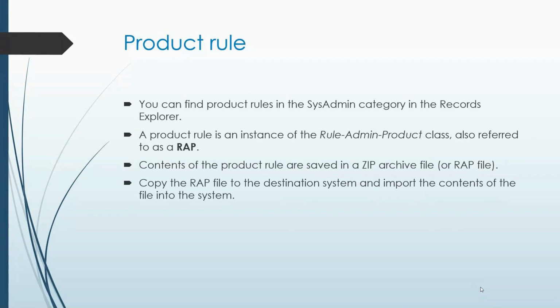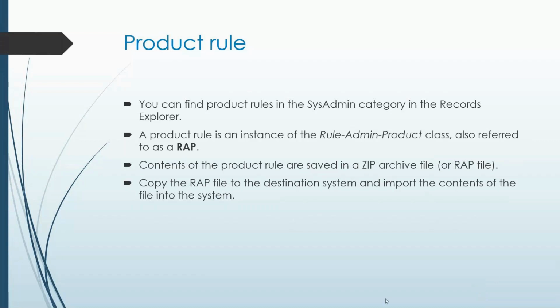Can you give me a copy of your application? Right? So either you can call it a product rule or you can call it a RAP. And this RAP is going to be in the form of a zipped archive file. You will see a zipped file being given to you when you ask for a RAP. Okay? And this zipped file has to be imported back on your new environment, whatever is going to be your destination environment. So in that you have to import it. Okay? So you export it from the source environment and then you import it onto the destination environment. So that's how the typical process is.